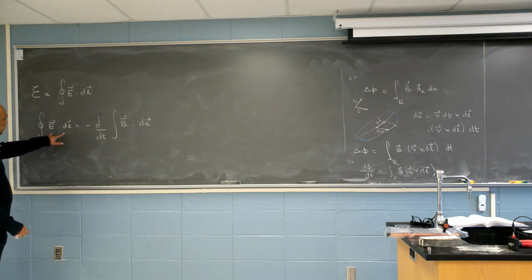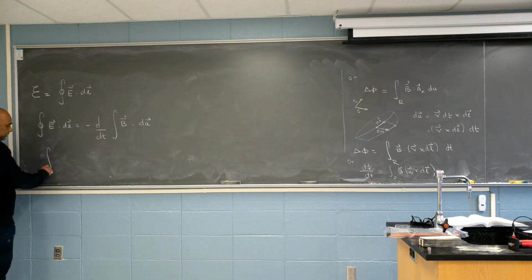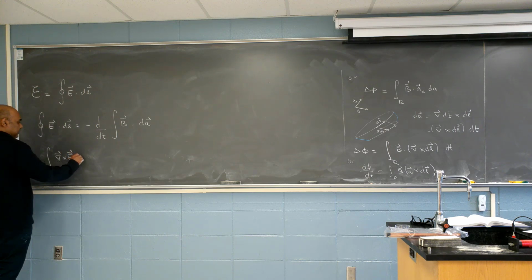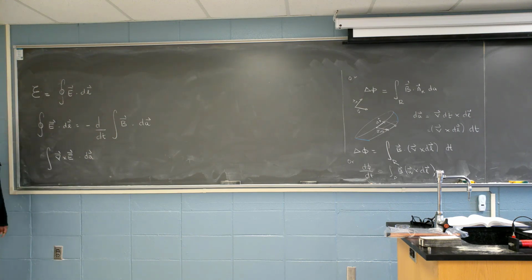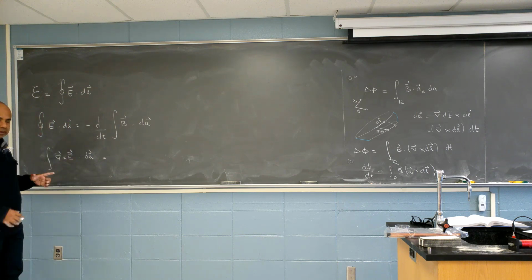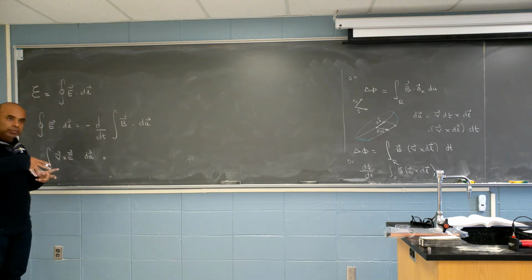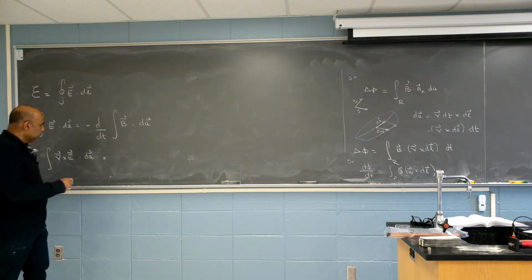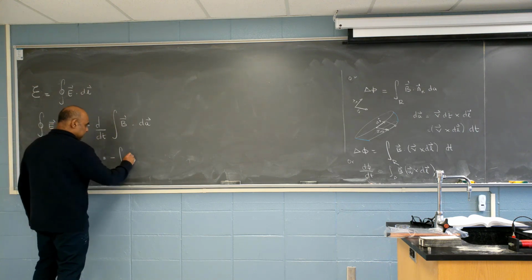So I can do two things. I can use Stokes' theorem and do this as del cross E dot dA. So that means both integrals are del cross E. And now for a fixed loop, it doesn't even have to be a loop. It could be just a closed loop in space, at a given time, this is minus